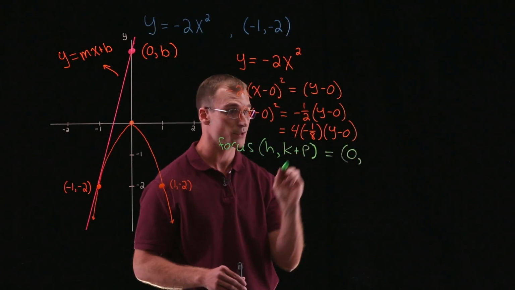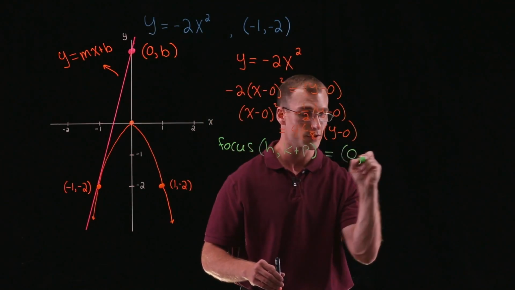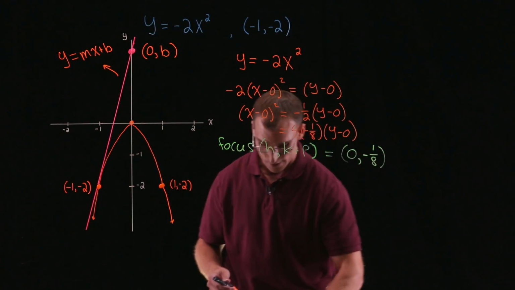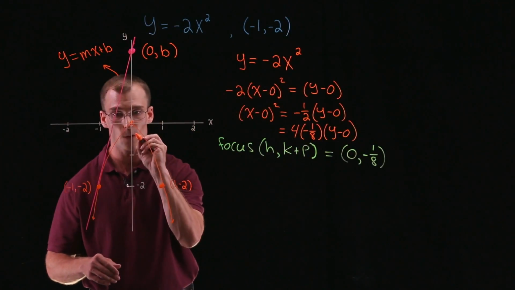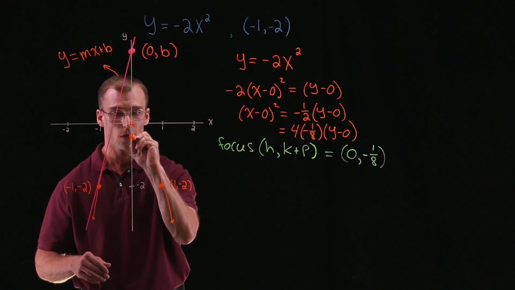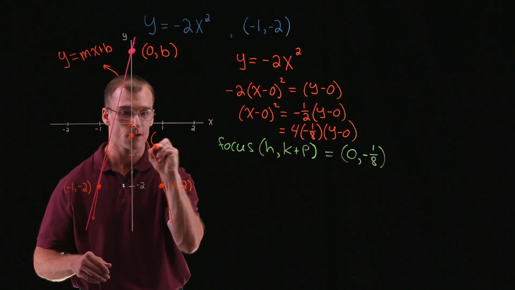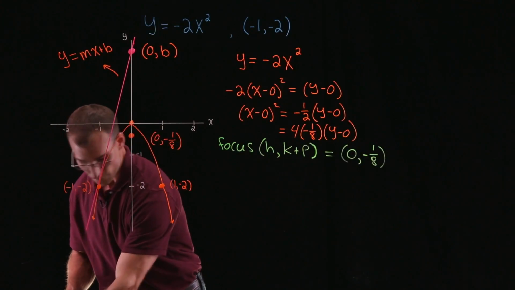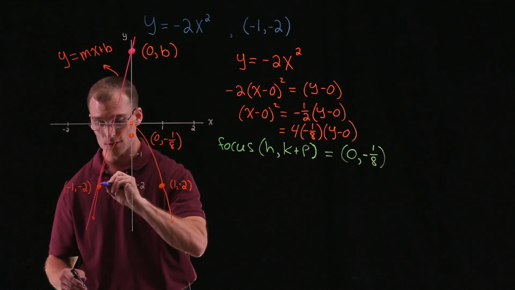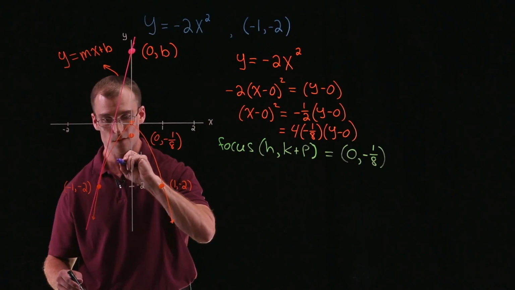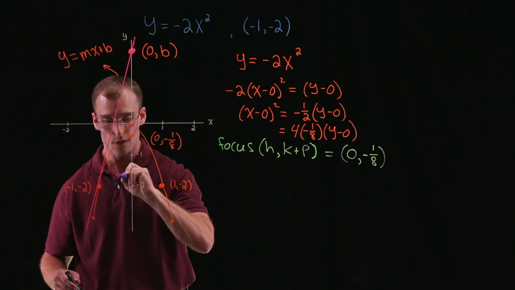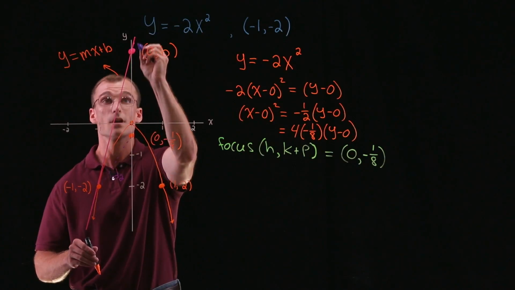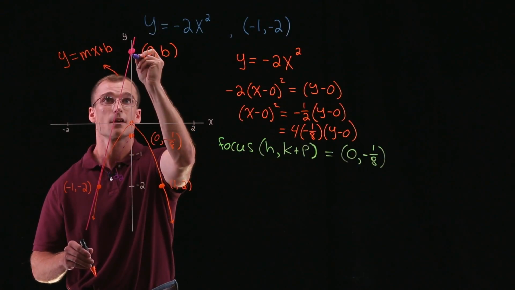Right? K is also 0, and p is negative 1/8. So k plus p is negative 1/8. So coming back over here, like we said, here's our focus. Put this point here at 0, negative 1/8. And so the distance from our point of intersection, which we'll call, say, D2, and the distance from the focus up to the line intersecting the axis,